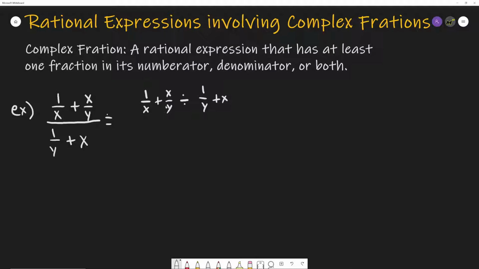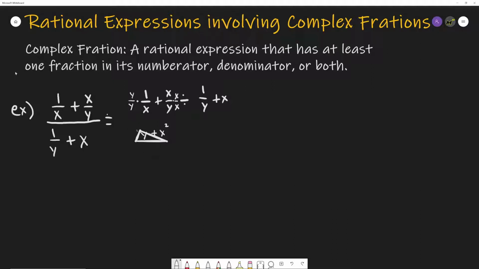And now I have two separate problems. I have an addition problem on the left side of my division sign, and I have an addition problem on the right side. So I'm going to take this left side and simplify just this left side. In order to add fractions, I need a common denominator. On the left fraction, I'm missing the variable y, so I'm going to multiply the top and the bottom by y. Over here, I'm missing the variable x in the denominator, so I'm going to multiply the top and the bottom by an x. That will give us 1y plus x squared divided by